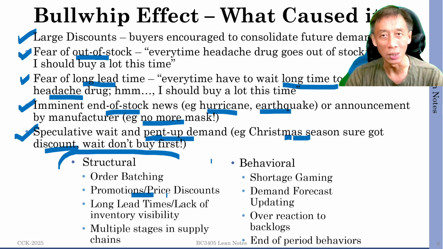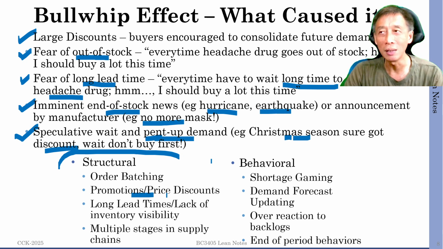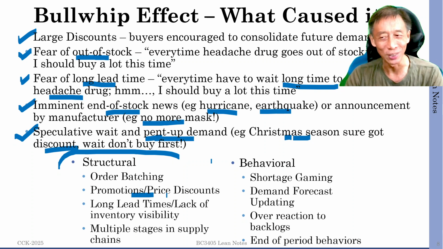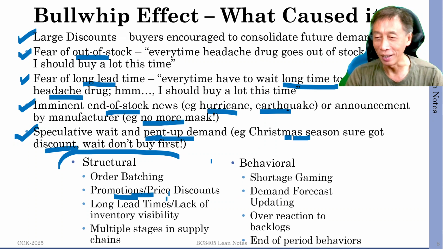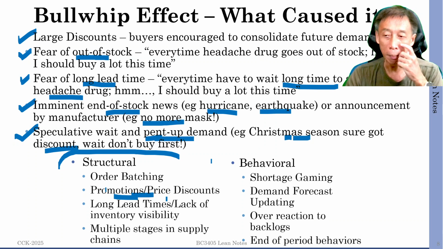It's kind of built into the system, not contractually, not legally. You can't sue the supplier for a discount, but it's the way business is being done, right? So why aren't you giving me a discount? When there is such a thing, you are generating the expectation and the demand shifting, right? And that would be basically structural.